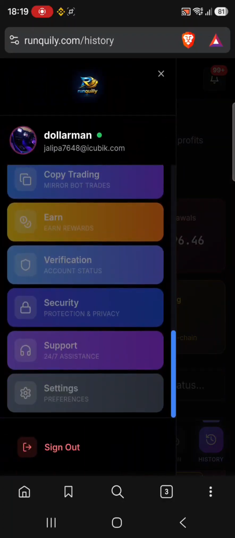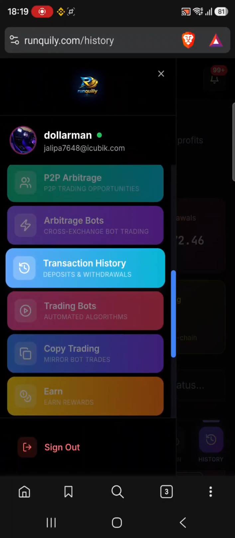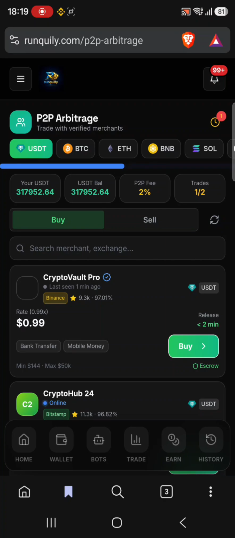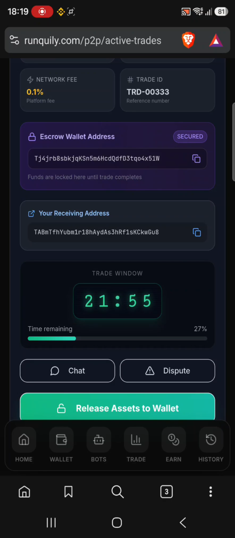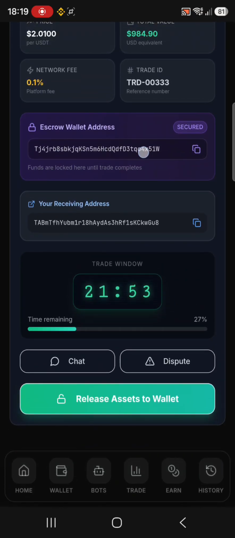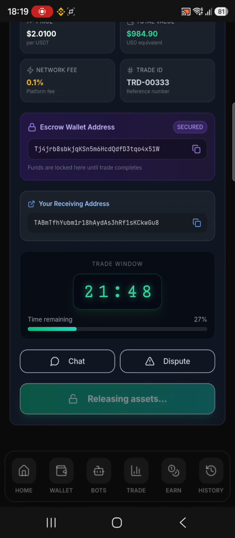Then we come on our P2P arbitrage. We click here, then we check our trade. Not paid yet. So let's wait. Yes, it has been paid. Was waiting for this release. So just come and click on release, and your assets, trade completed, profits made,